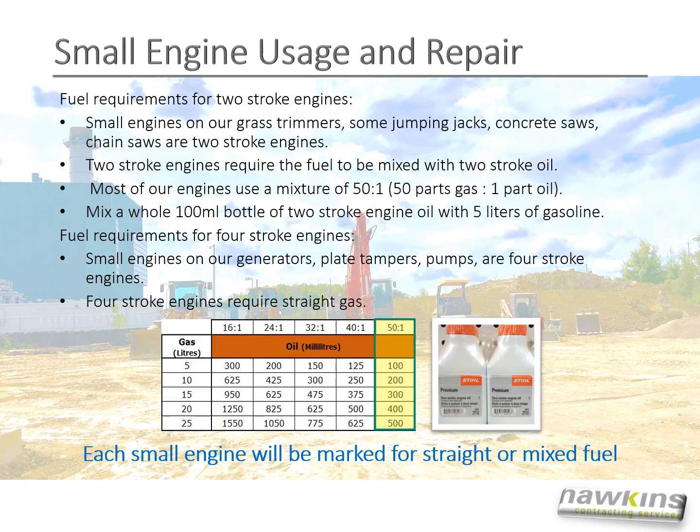Two-stroke engines. Small engines on our gas trimmers, some jumping jacks, concrete saws, and chainsaws are two-stroke engines. Two-stroke engines require the fuel to be mixed with two-stroke oil. Most of our engines use a mixture of 50 to 1, which means 50 parts gas for every 1 part oil. Mix a whole 100 milliliter bottle of two-stroke engine oil with 5 liters of